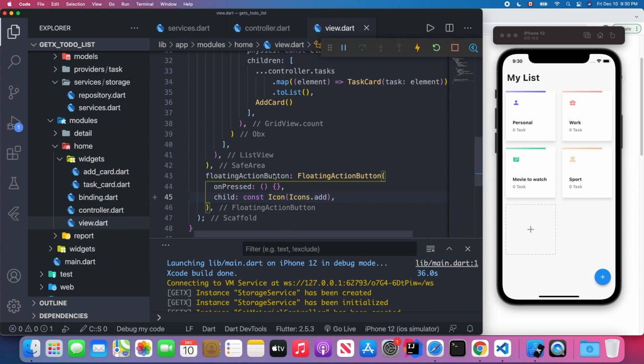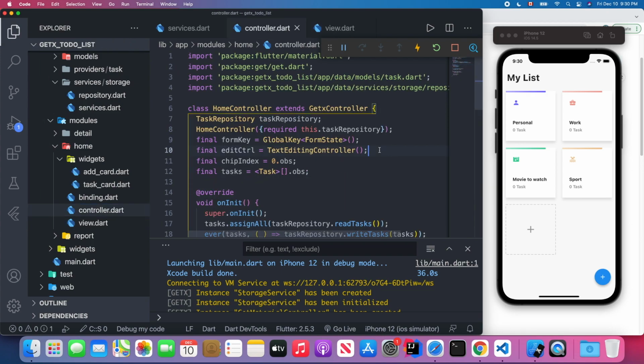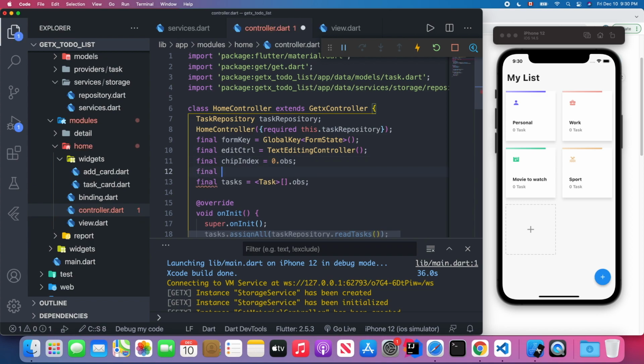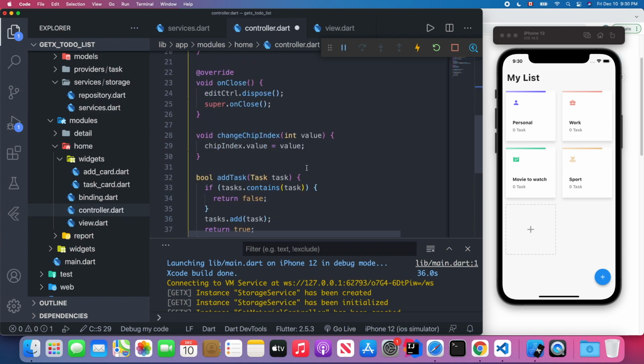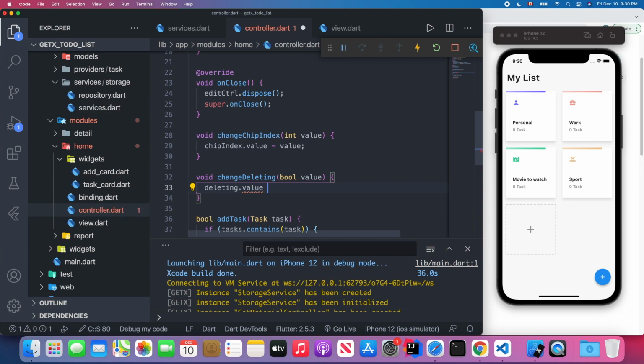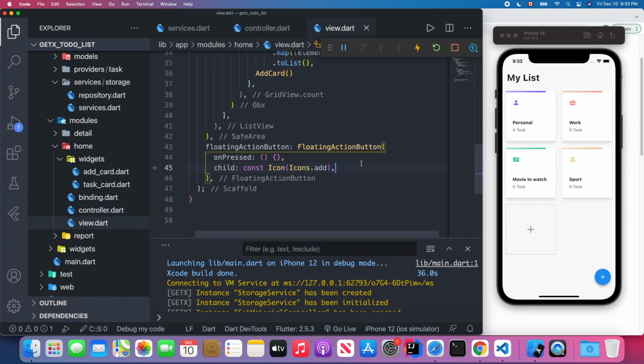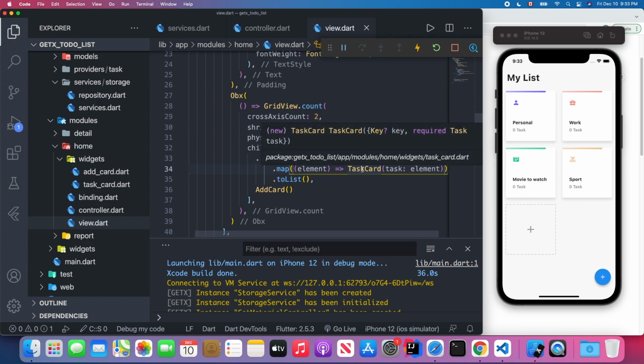Then we're going to define an observable variable inside our controller to indicate if the task is being deleted, right? So we're going to create a new observable variable, which I'm going to call deleting. By default, it will be false. And then we're going to write a method that can change its value. So it will be a void. I'm going to call it changeDeleting. We will receive a boolean type. Right. I'm going to set the deleting value equal to the value. Okay, so let's save. Then we go back to the view.dart, and I'm going to wrap our task card with another